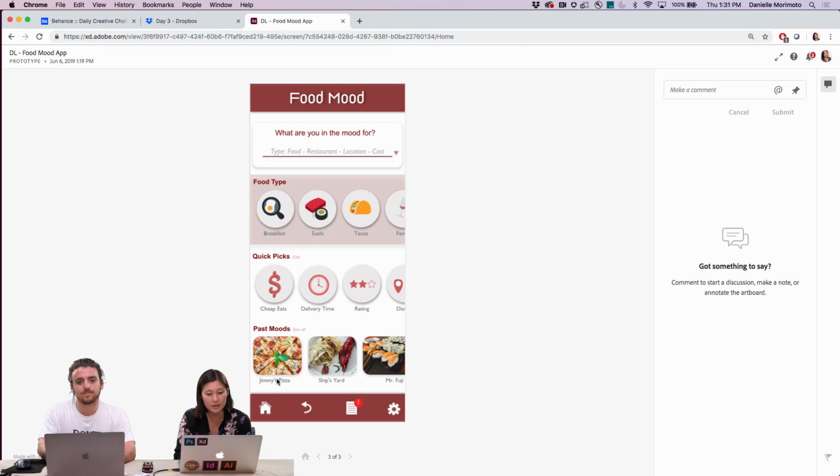I think the only other thing is we could play a little bit more with some of the spacing here. It's a little close between the text of the tacos and sushi. I'd give it a little bit more padding between those elements just to give a little more white space, and you could do that throughout so it breathes a little bit more. Yeah, it feels a little tight, like you're going to be squashing the whole thing. You still want to be able to see the label a little bit when it's under.